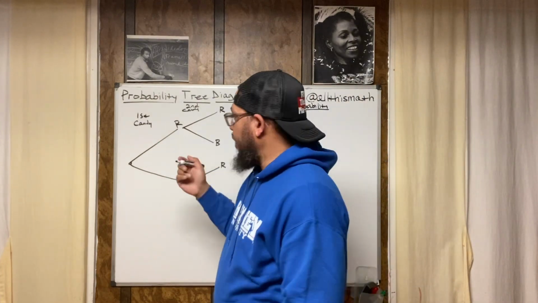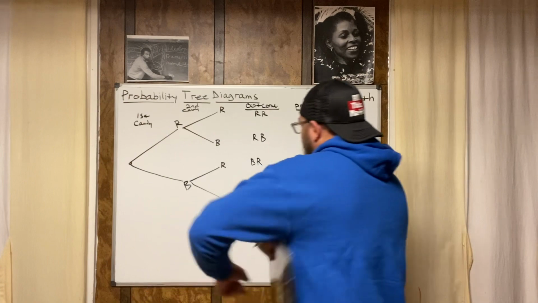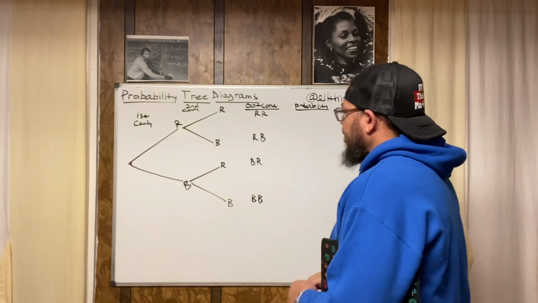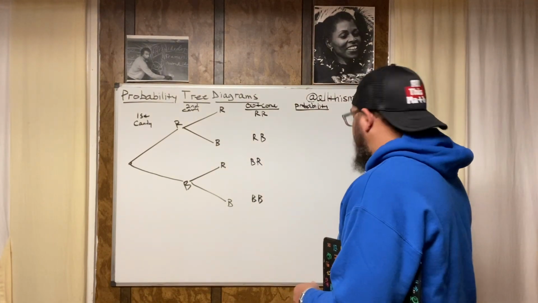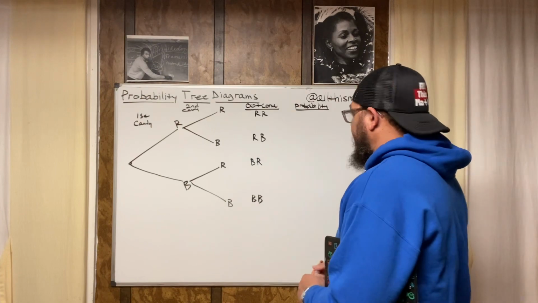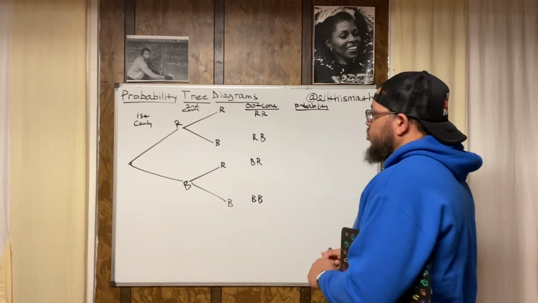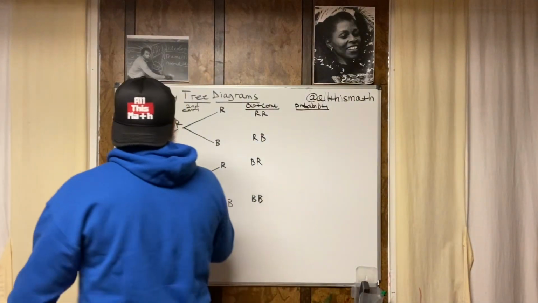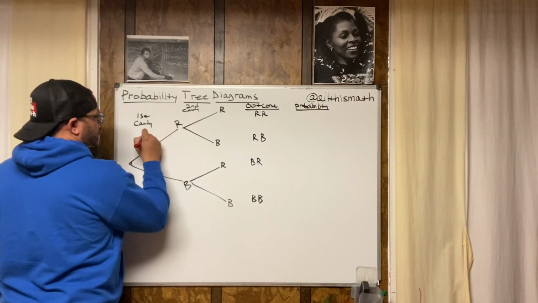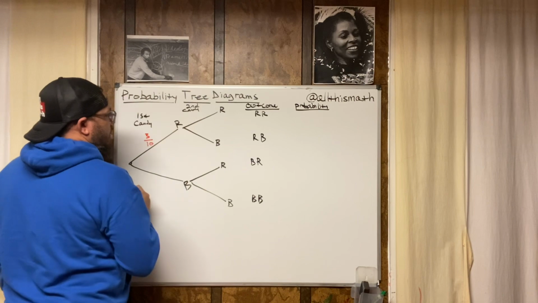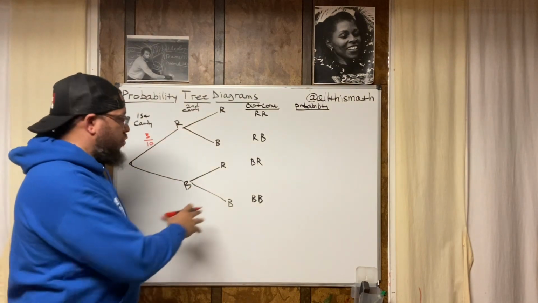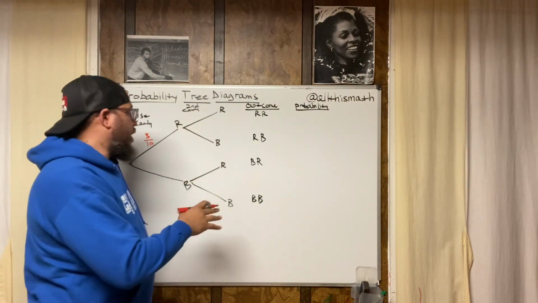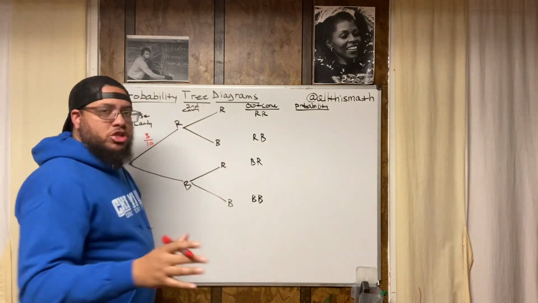So you should write that right here. And you know what I'm going to do? This is looking a little drab, a little monochromatic. So let's do the probabilities in red. So the probability of pulling out a red piece of candy is 3 out of 10. All right. Now it's going to be the same all over this diagram, right? You know why it's going to be the same?